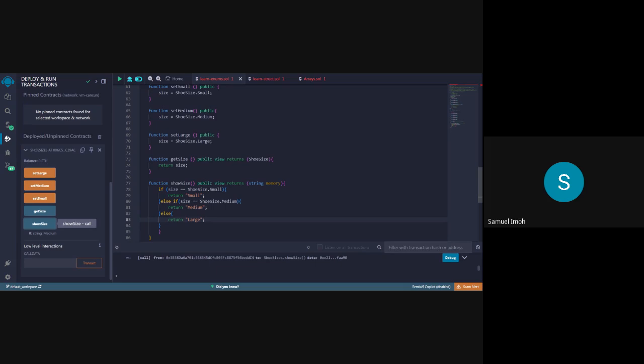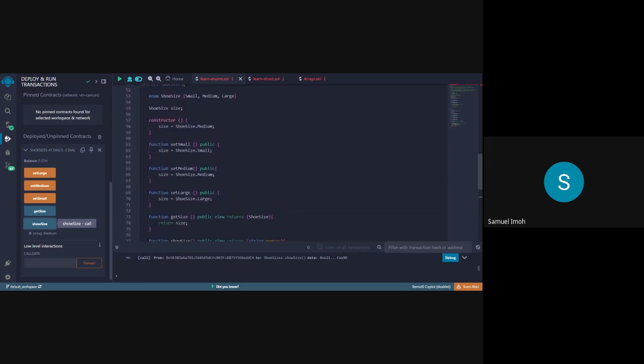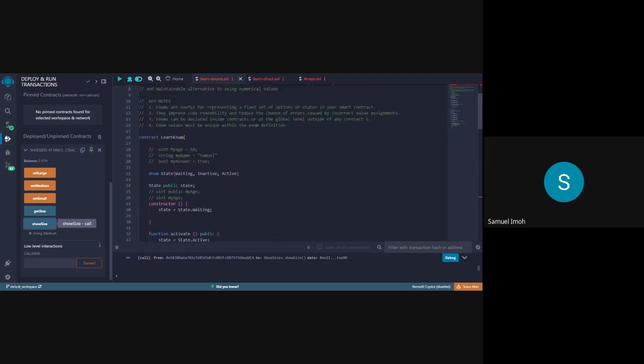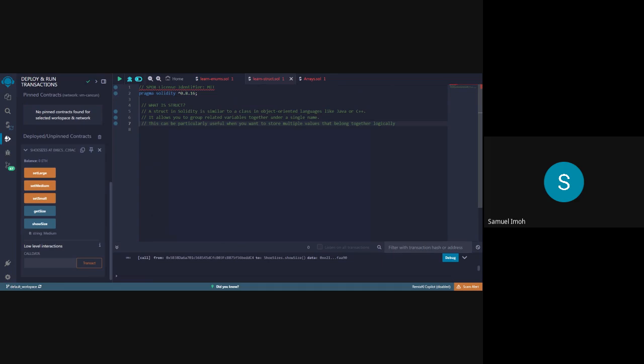Okay, good. Now I haven't talked about structs, so let's rush and do enums. Sorry, I said enums, but sorry, structs. I haven't known enums. Let's talk about struct very briefly. Okay, so struct is also,